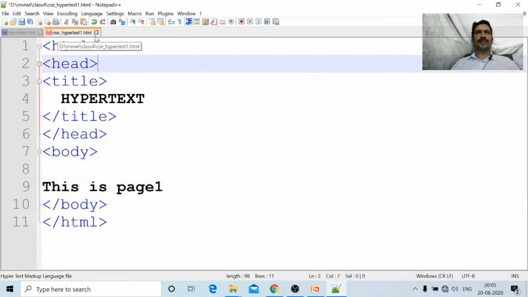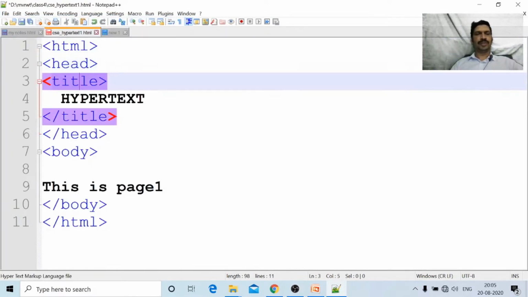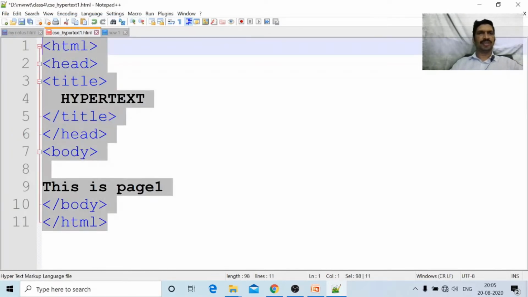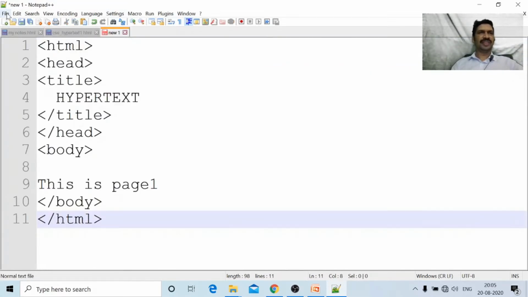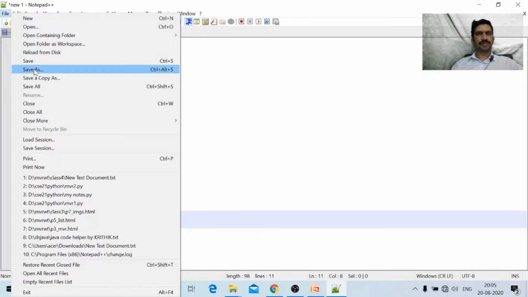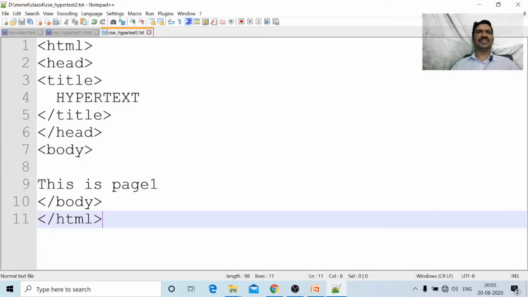CSE hypertext1.html. I am creating another file also: file, new. I am copying this code with Control A, Control C and Control V, then save as CSC hypertext 2. The name of this file is CSC hypertext 2.